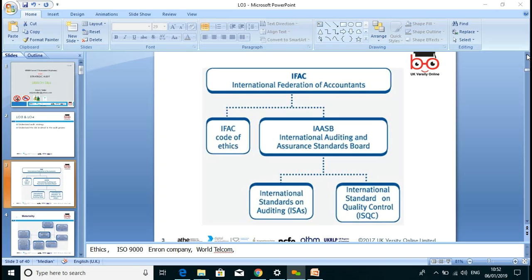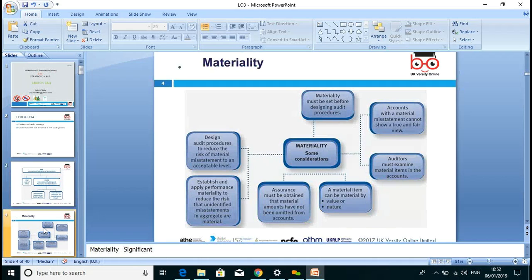We need to follow the international accounting standards and the audit standards boards, the international standard on auditing and the international standard on quality control. During our last lesson, I mentioned ISO 9000, which is a quality standard. Quality means we do what we say, and we have documentary evidence as well. So when you make any audit plan or audit strategy, we need to look around and follow and adopt these.